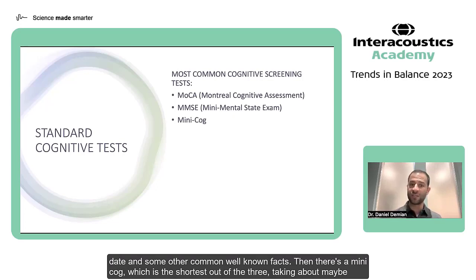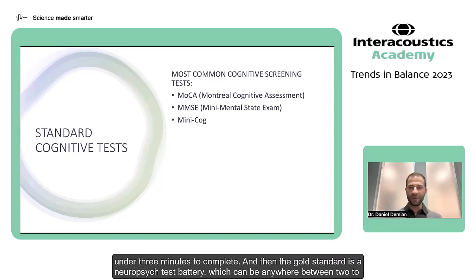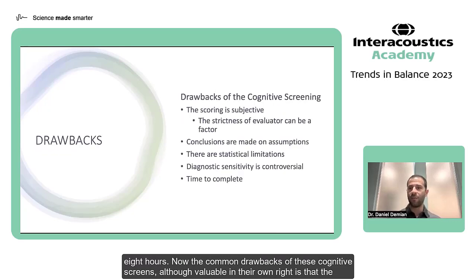Then there's a mini cog, which is the shortest out of the three, taking maybe under 3 minutes to complete. And then the gold standard is a neuropsych test battery, which can be anywhere between 2 to 8 hours. Now, the common drawbacks of these cognitive screens, although valuable in their own right, is that